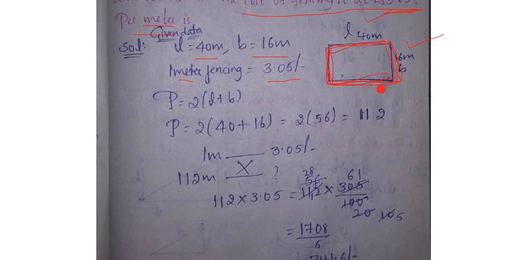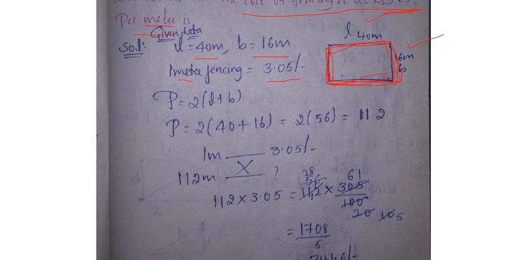So what I am doing, if I get the perimeter, can't I know what this whole is? Yes, perimeter equal to 2 into (length plus breadth), you know. Now perimeter equal to 2 into (length is 40 plus breadth is what?) 16. So 2 into (40 plus 16) is what, friends? 56. So 2 into 56 is 112. Sorry, 2 into 56 is what? 112. So we got the value of the perimeter.